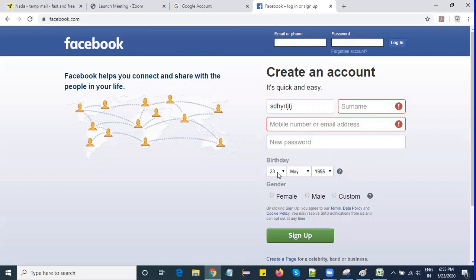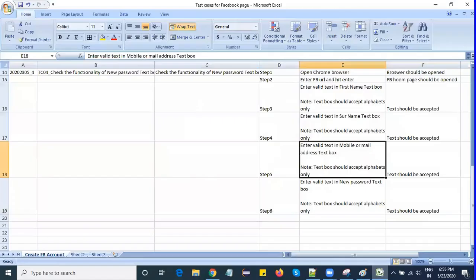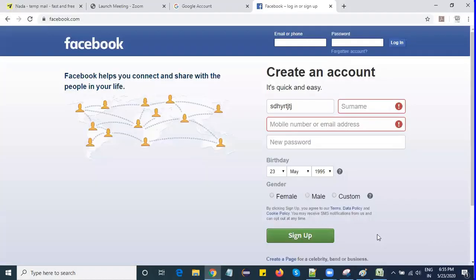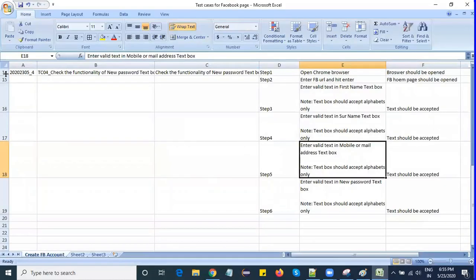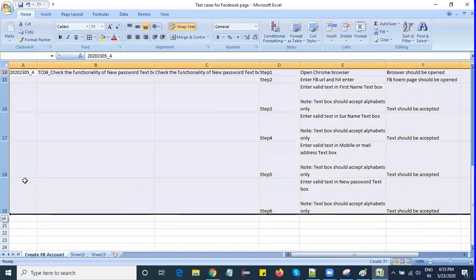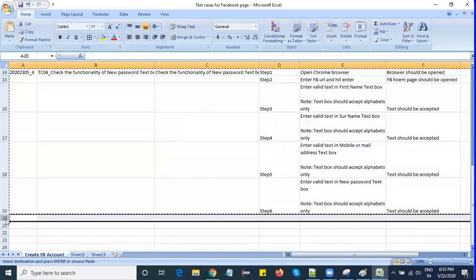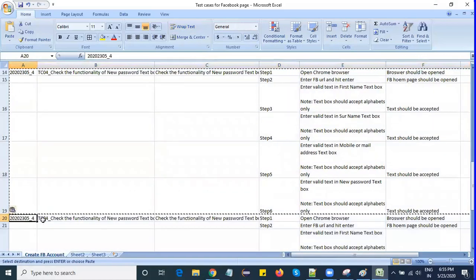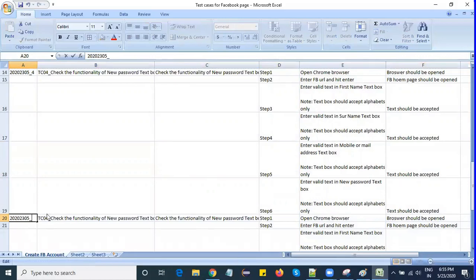Okay, something like we have the radio button, right? So now I will deal with the radio button. Sorry, drop down here. Drop down, the thing with date of birth. Okay, now write a test case for the drop down things. Here, please observe. I will write for drop down.